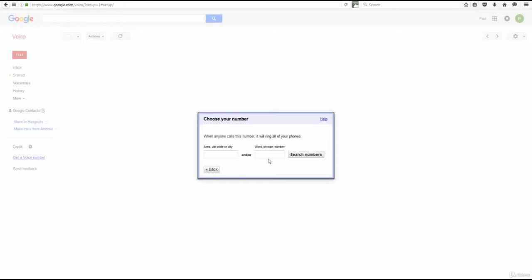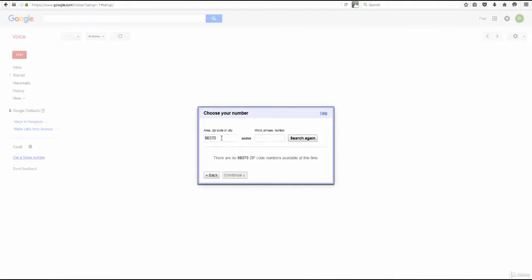Okay, so then it asked me if I wanted to record my voicemail greeting, which I don't at the time. So when anyone calls this number, it's going to ring to my other phones. So I can put in my zip code. So I'm going to put in my zip code here and go search numbers. Let's see, no zip codes there. So let's say